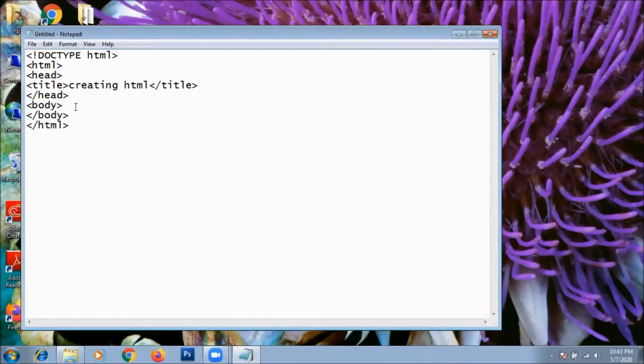And you see, for getting the hyperlink, we need the href attribute with the anchor tag, the a tag, and then the image src.